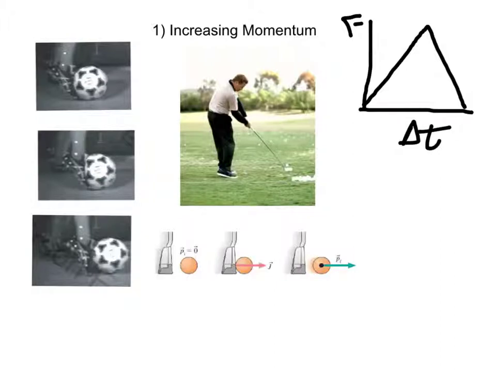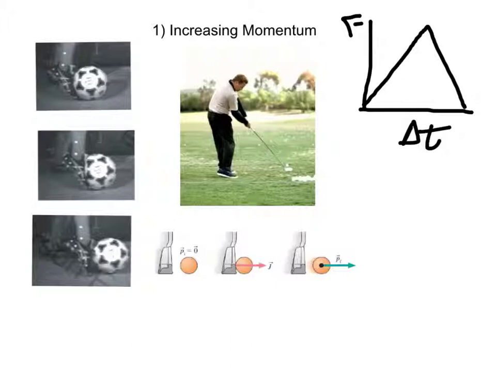Now, if you were to stop the club midway through striking the ball, right, so like right in this area there, then you would not end up changing the ball's momentum as much as you'd like, and it wouldn't go as far. So to fix this, you need to make sure that the club is in contact with the ball as long as possible. This is why when you're golfing, they say to follow through with your